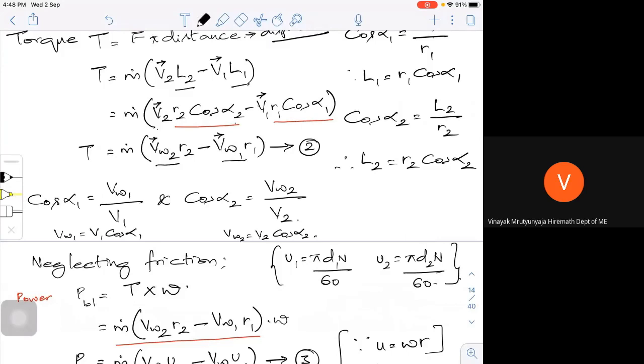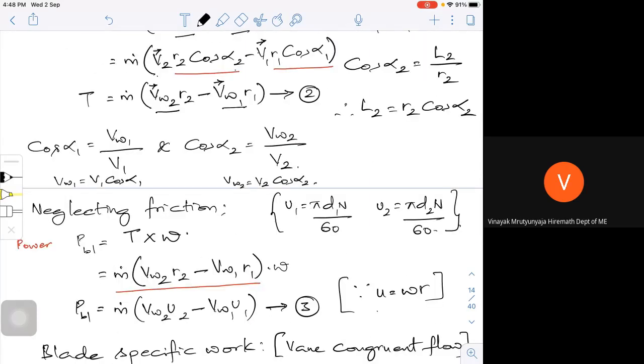If they clearly tell you, come on, obtain the expression for the Euler equation for a turbine, you can follow the same steps. Where you are putting 1 and where you are putting 2, you should be able to clearly define it and do the derivation. That's it. Now, whenever we have turbo machines, we see that the friction is almost negligible. That's the ideal condition. If the friction is negligible, what is my power generation or what is your energy per unit mass?